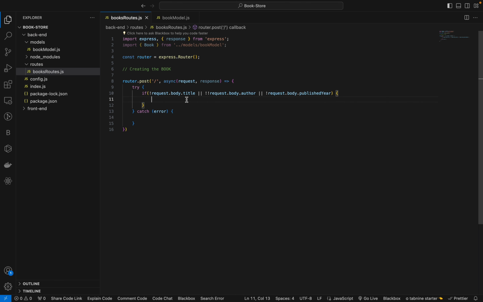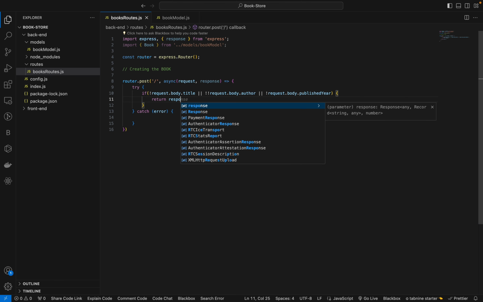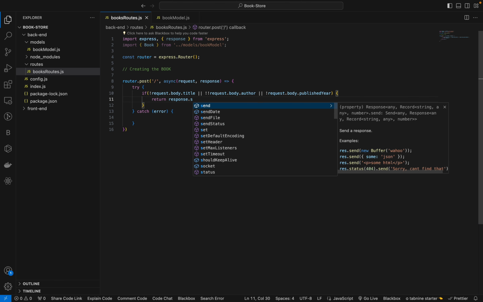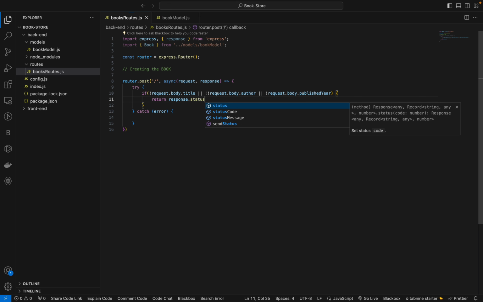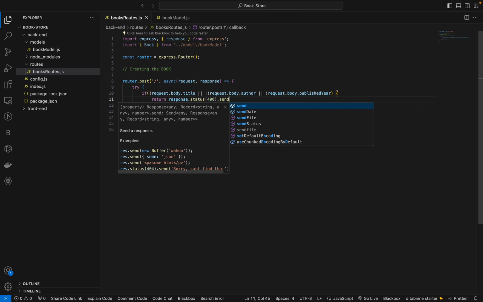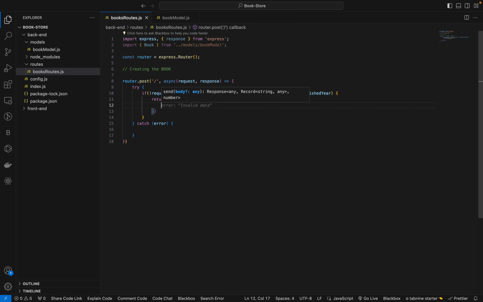so if request.body doesn't have title, or author, or publisher, if any of these things is not there, then I will return the response with status code 400. Inside that I will send a message to the front end: send all required fields,